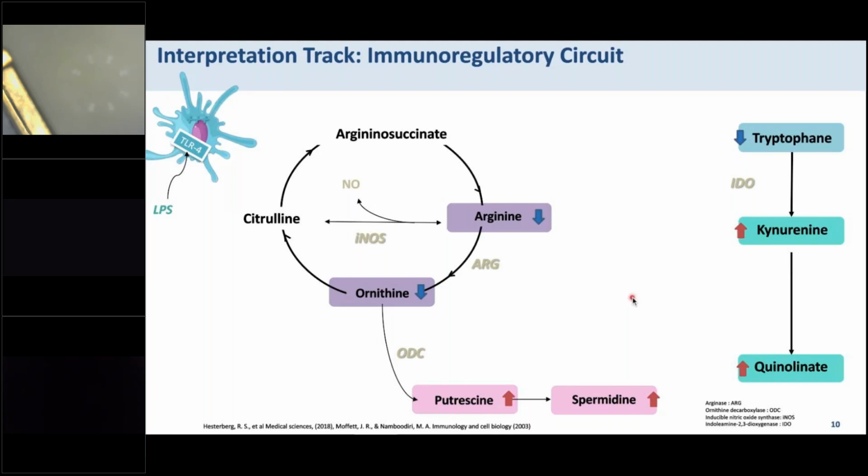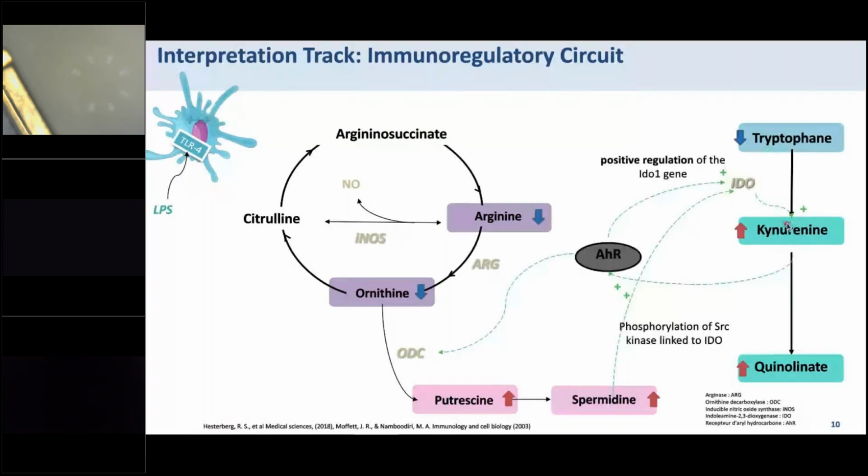Tryptophan into quinoline could be promoted by the activation of the AhR receptor, already described in the literature. And also, we found in the literature that the production of quinoline can have a positive influence on AhR activity. Moreover, AhR activation